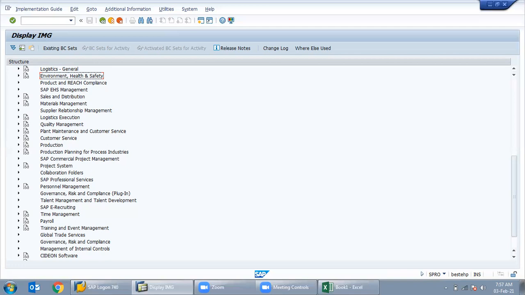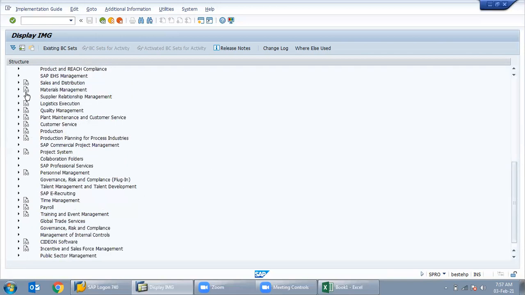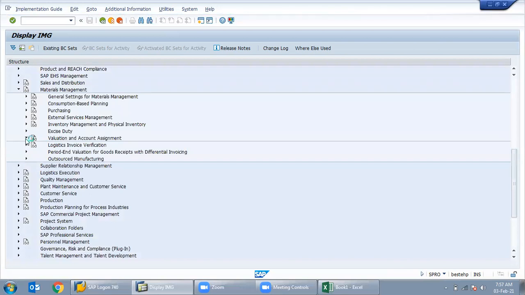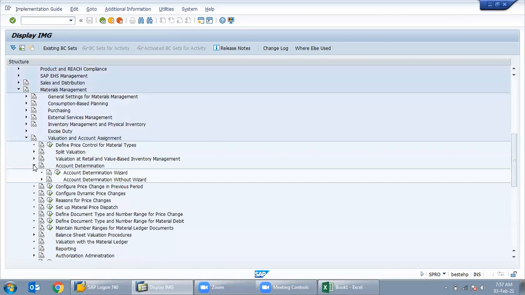So we go to the path: material management, valuation and account assignments, account determination, and then account determination wizard.